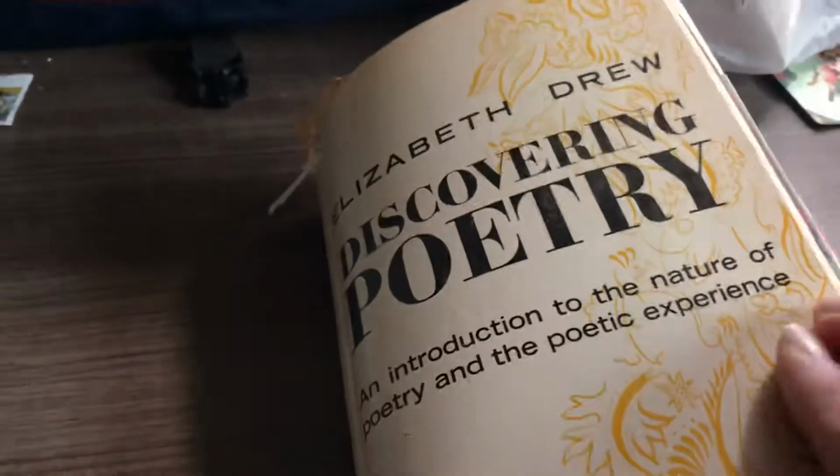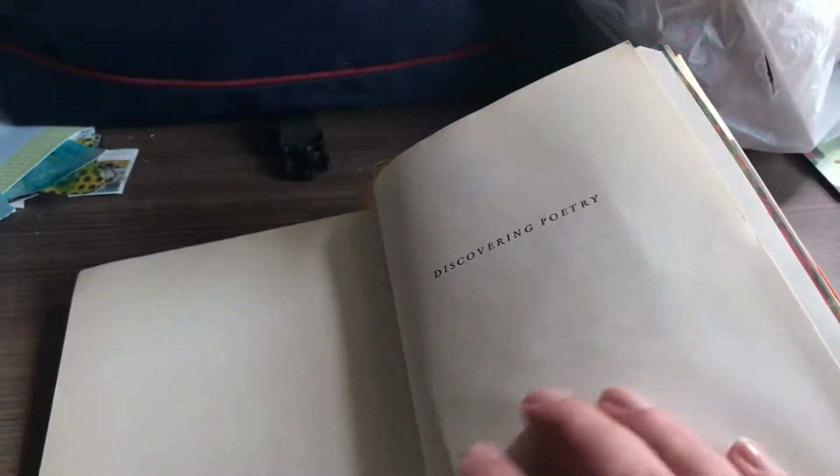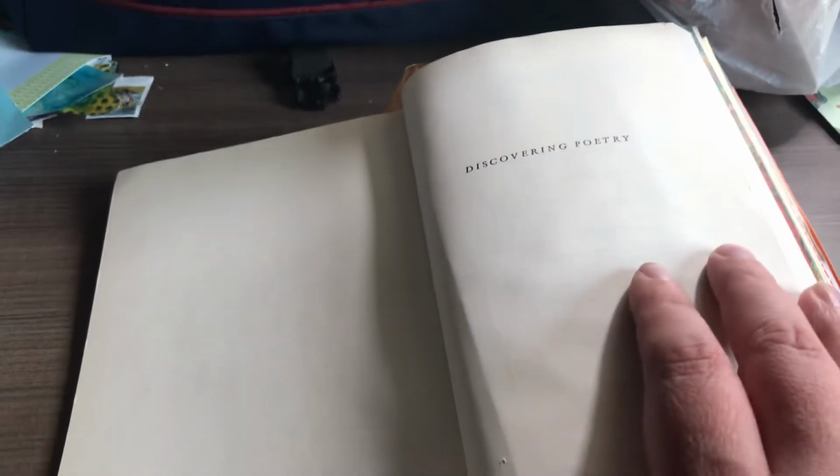So just a real quick flip through. I don't have a tripod. I'm still here at the hotel after the home loss, so not my normal setup. But anyway,